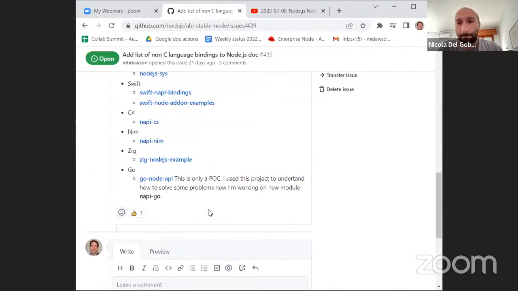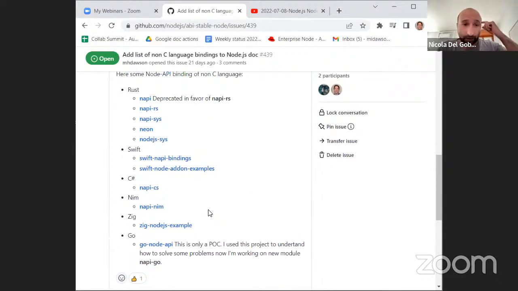Yeah, I have news about Node API. I posted in another issue, but the JavaScript runtime Bun implemented the Node API as well.